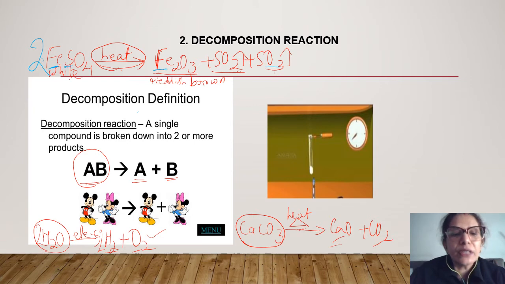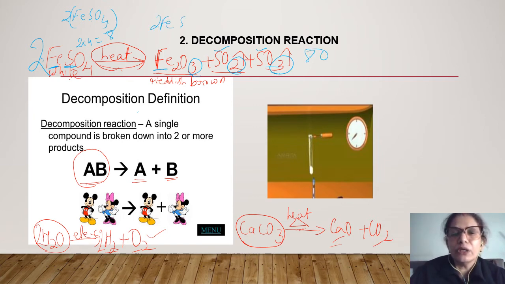Now let us look at the sulfur. Sulfur on this side is 2. This is a coefficient. Remember, this is a coefficient. It's something like this, 2 FeSO4. So this 2 stands for all, for iron also, sulfur also, oxygen also. Okay, so 2 sulfurs we have here. So how many sulfurs here? 1 and 2, balanced. Now oxygens, 2 into 4. 2 into 4 is equal to 8. We should have 8 oxygens on the product side. So we have 3 here, 3 plus 2, 5 plus 3, 8. So we have 8 oxygens. So this is a balanced equation.